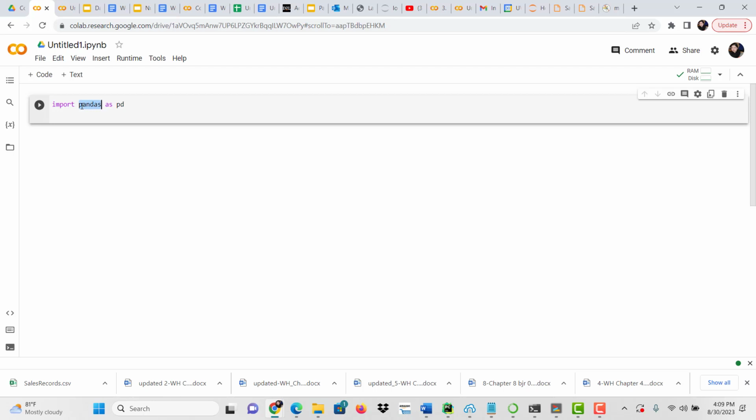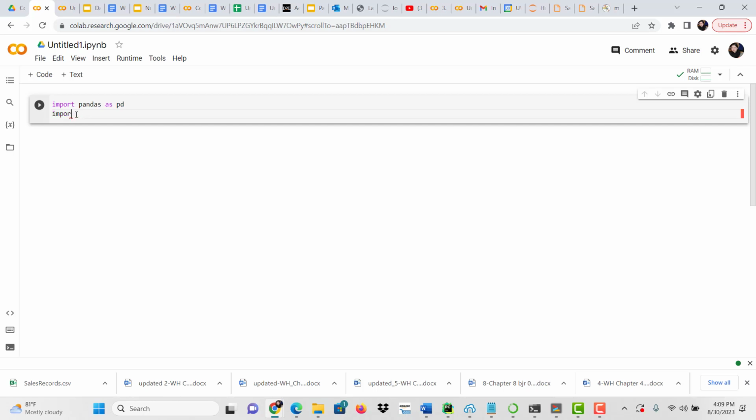They are written by other people to add these classes and functions to Python. So you need to import this package first. This is for reading the data frame, pandas, and